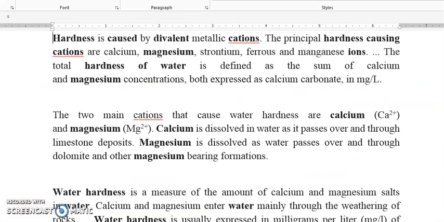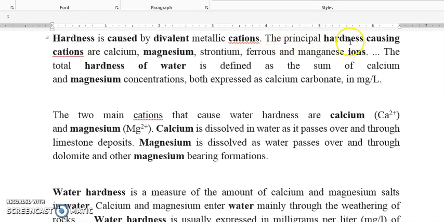Now in the regular class I have already discussed the hardness and the types of hardness. Just to remind again, we'll see how you define hardness and why the hardness in the water is going to increase, right? Now hardness is caused by divalent metallic cations, right? Cations which have 2 valency, like calcium +2, magnesium +2, right? So cations which have 2 valency, that is what we call a divalent metallic cation. These are going to cause the hardness.